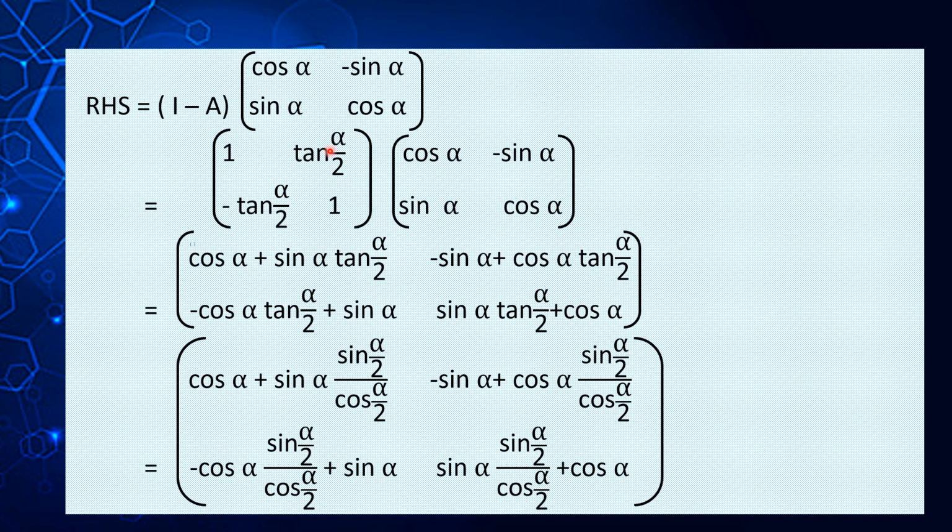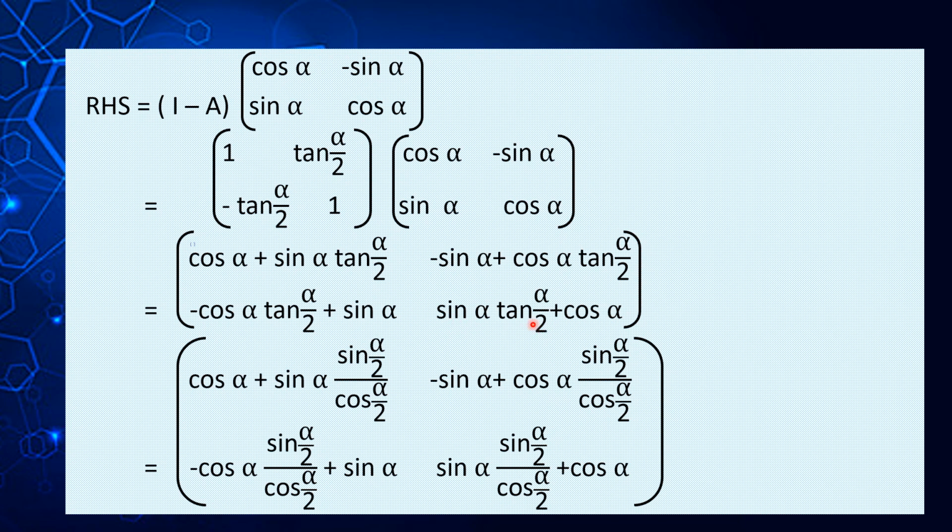We would be multiplying the first row into the first column and second column, and second row into first column and second column, as we do in the multiplication normally. So we would get the answer cos alpha plus sin alpha into tan alpha by 2, minus sin alpha plus cos alpha tan alpha by 2, minus cos alpha tan alpha by 2 plus sin alpha tan alpha by 2